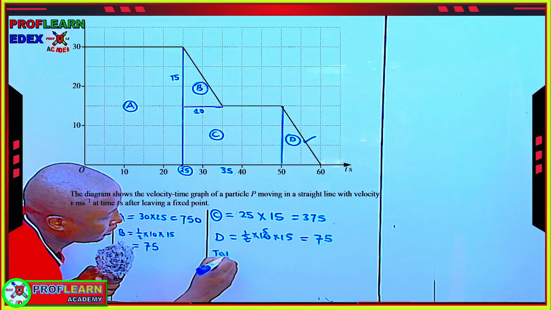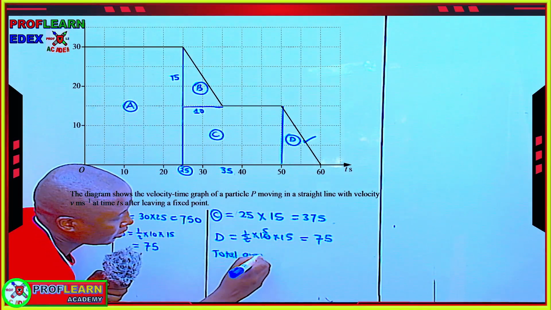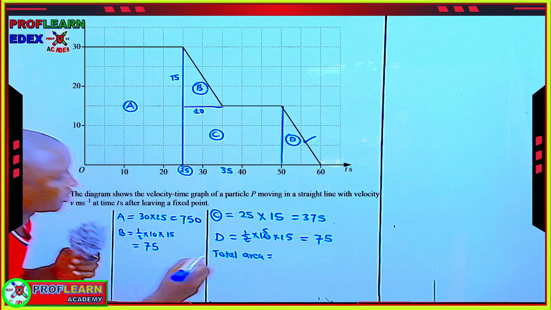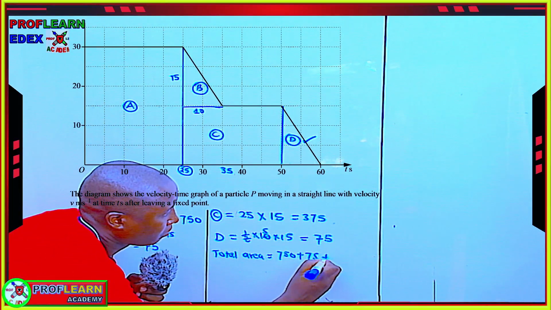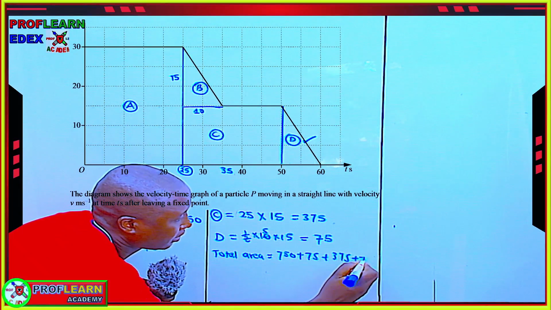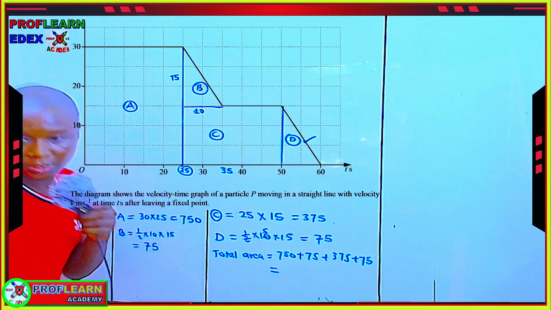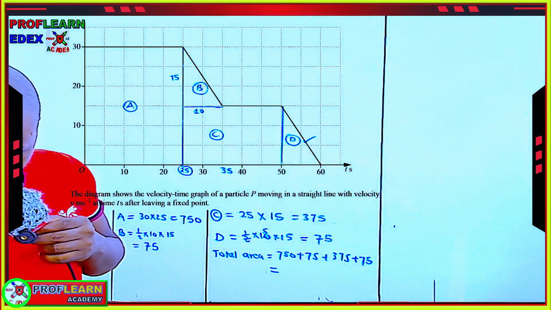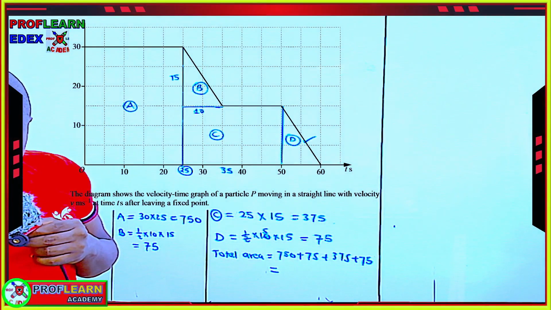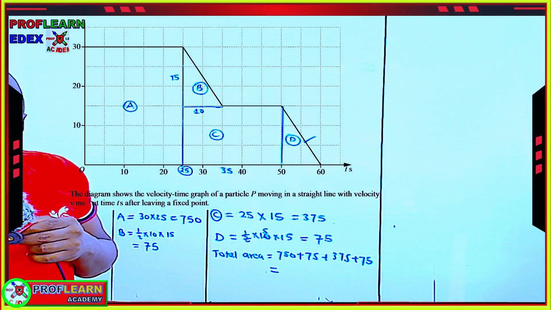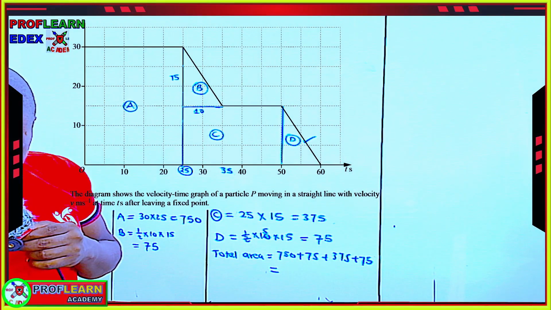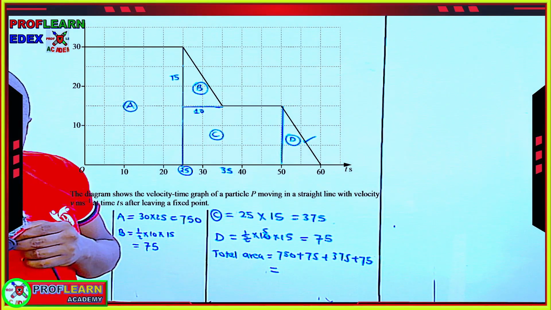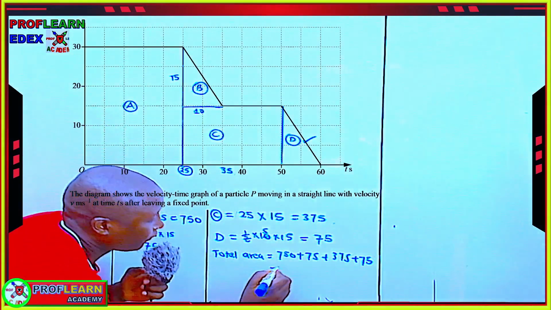So the total area is going to be 750 plus 75 plus 375 plus 75. If we put that in our calculator, 750 plus 75 plus 375 plus 75, we get 1275. So the answer here is